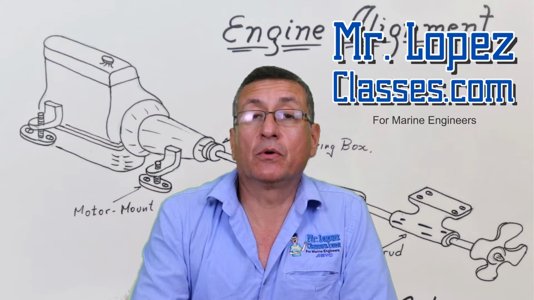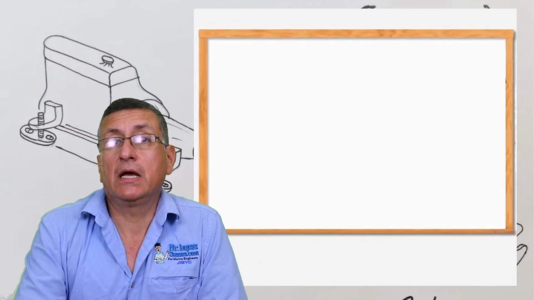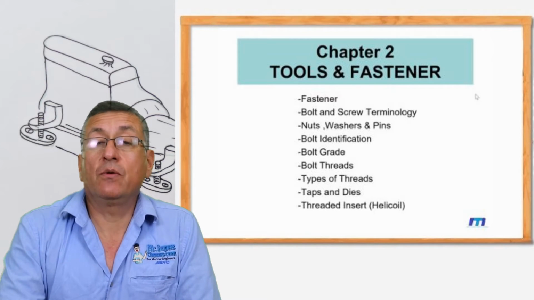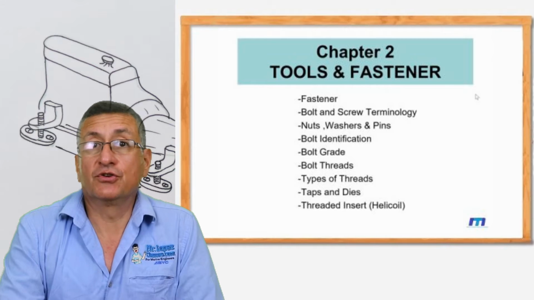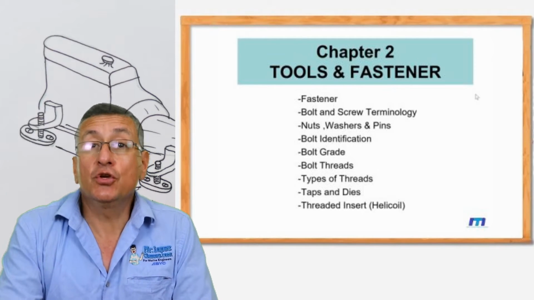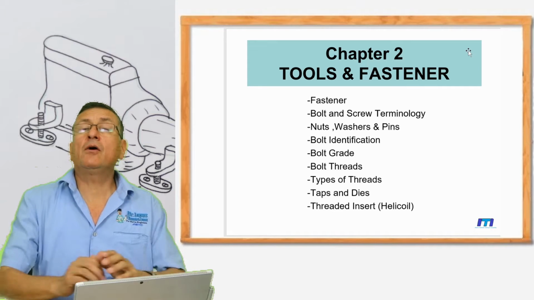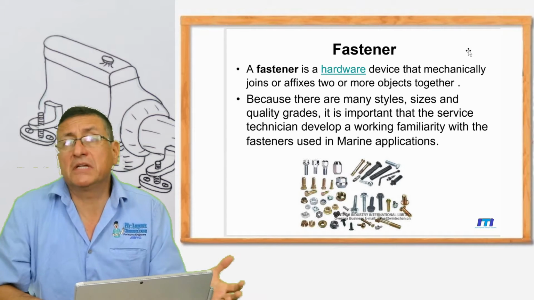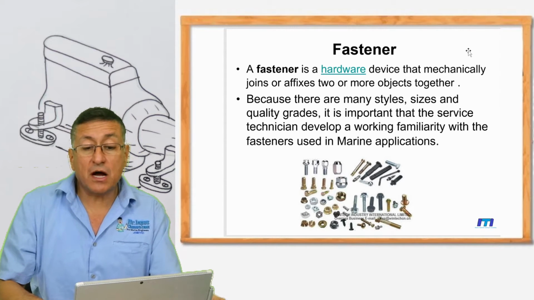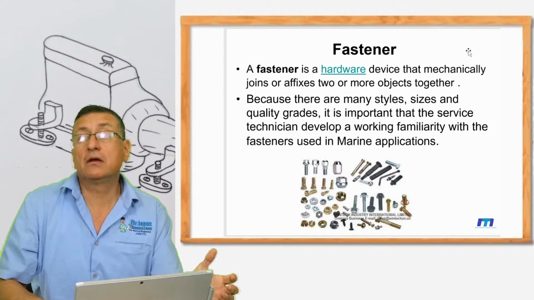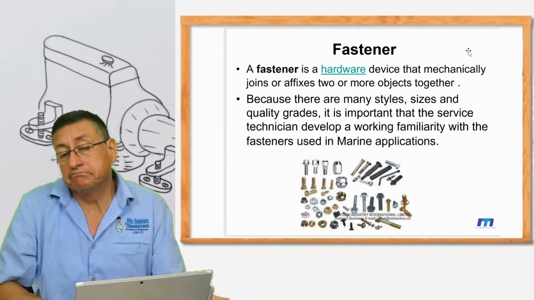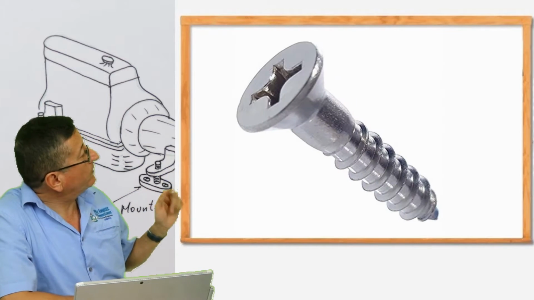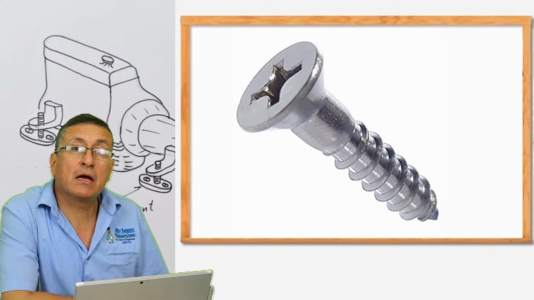We are going to continue with our course of Introduction to Marine Engineering, and yes, we are in the chapter dedicated to fasteners. Today we are going to continue with the bolts, screws, and hardware commonly used in marine applications. Let's check quickly the definition of fastener. A fastener is a hardware device that mechanically joins one or more objects together. That's simple. And we are going to check the difference between a screw, like this, and